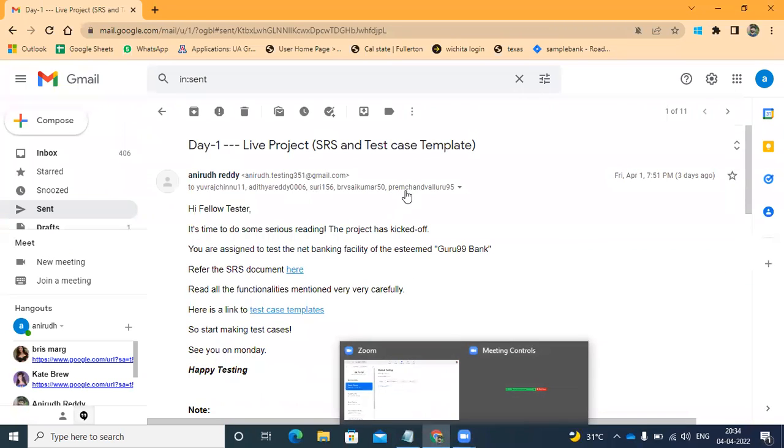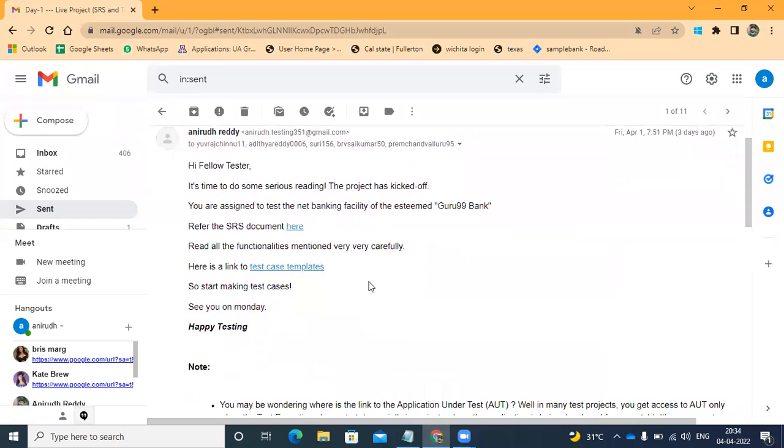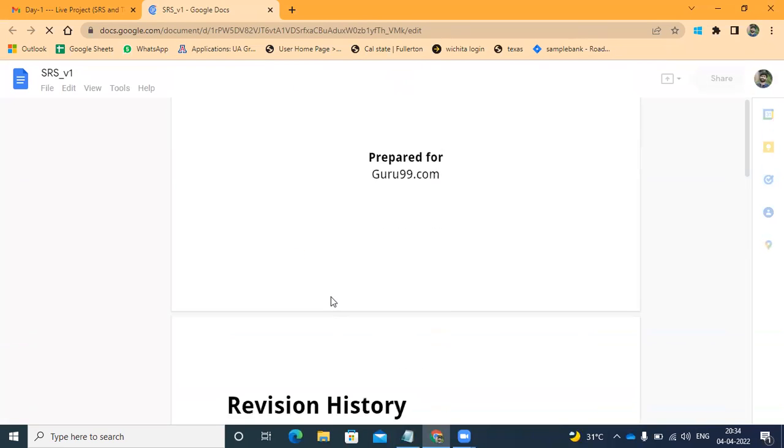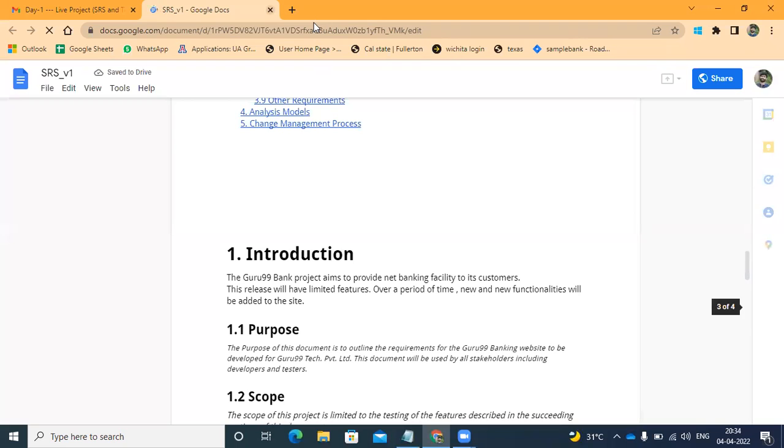Yes. So this is the mail which I sent you on Friday. So this is the document. You have to go through this document. First of all, the first thing you have to do is go through this document. In this document, all the requirements are stated, which were explained in Friday's class. So you have to go through the document,